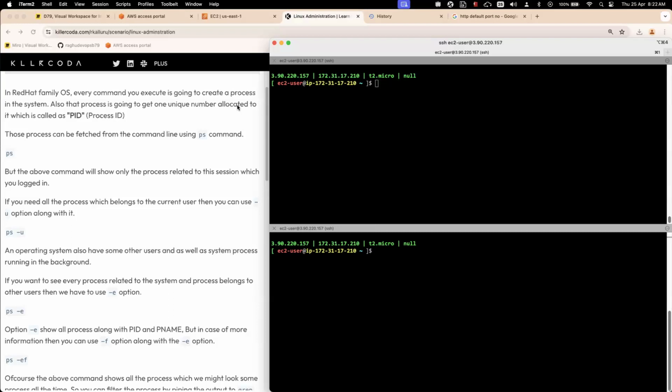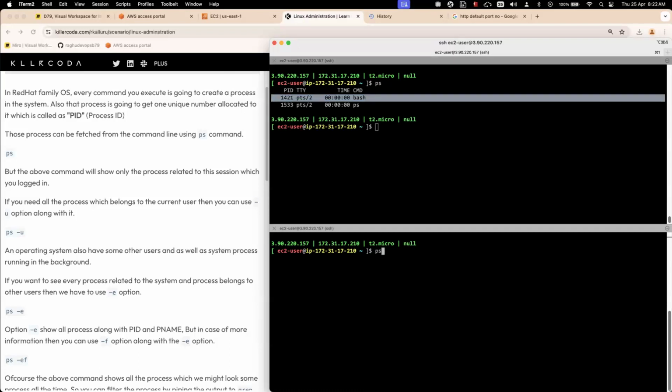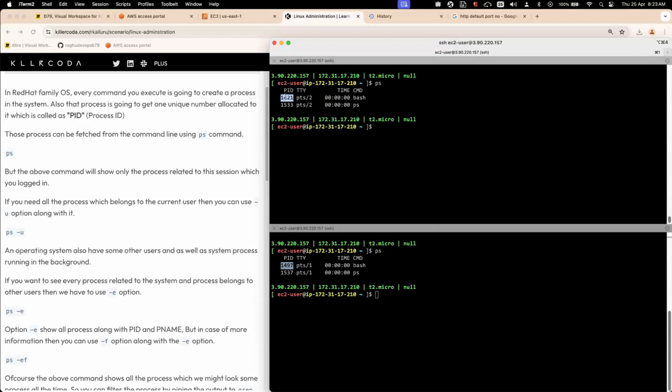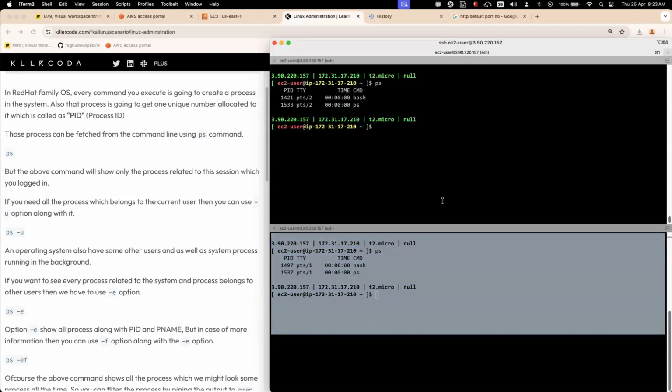Okay, so that means this PS command is actually showing you the processes that belong to this particular session. And here in this session, the PS command shows the processes that belong to this session. So 1497, 1421, both are different. This one is showing its own only, and this one is showing its own only, but I wanted to know everything belonging to the user which we logged in as, which is EC2-user. Now, the PS approach that a lot of teams will do is that they will